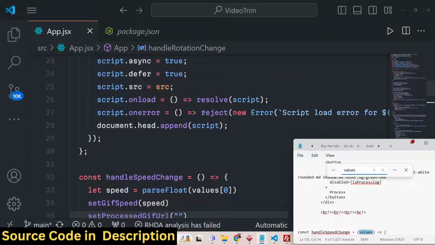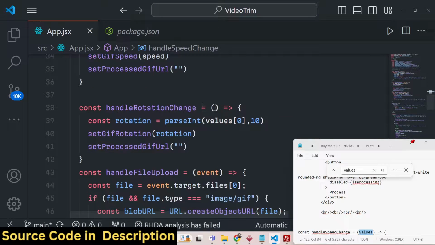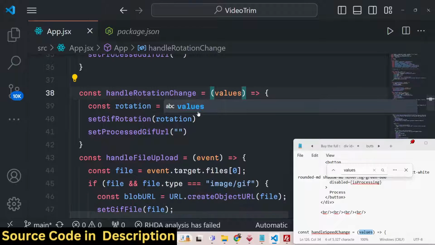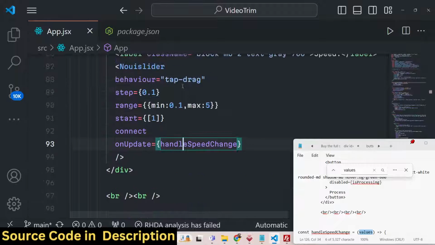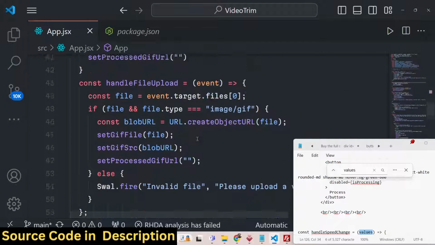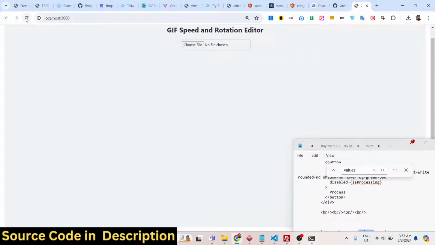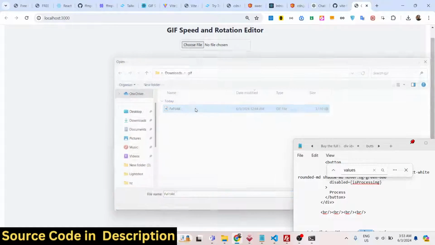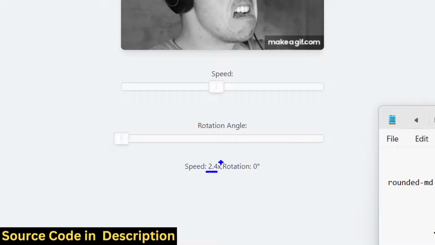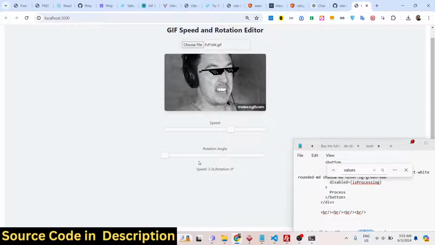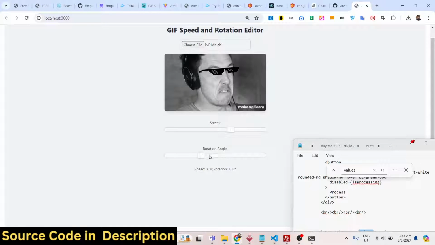Sorry guys, because values will be automatically coming right here. It will be coming as an argument to these functions. In the slider, on update, it automatically triggers this function and automatically sends this value as an argument right here. So we need to catch this right here. So if you refresh now, there will be no error. Now you can see that the value will change right here, 2.4x, as you increase the speed. If you change the rotation angle, it will automatically show the live preview to the user